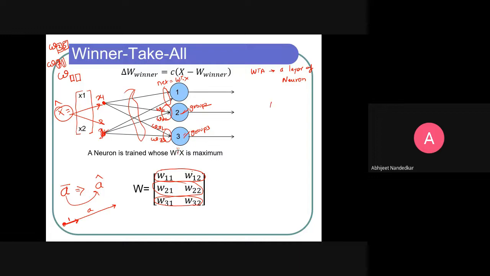Suppose you are provided 100 samples and you want to make, say, 6 groups, then you will put 6 neurons in a layer like this. Each neuron here will represent one group. At the end of the training, these neurons are representing the cluster centroid of the respective groups. Say this is some cluster, and if I make one group, then the centroid will be represented by the weights of the respective neuron.